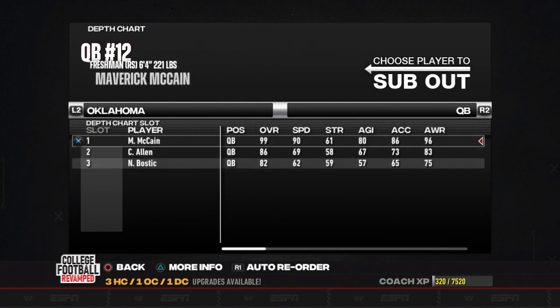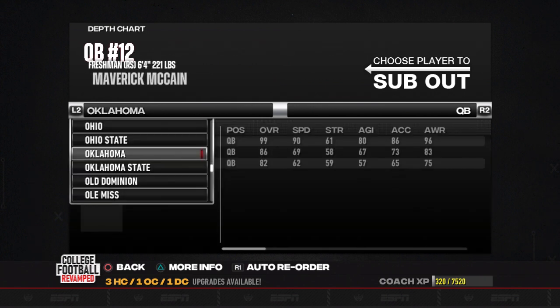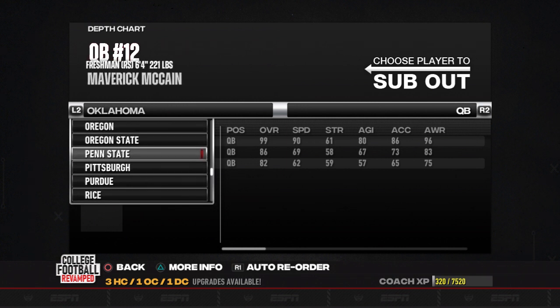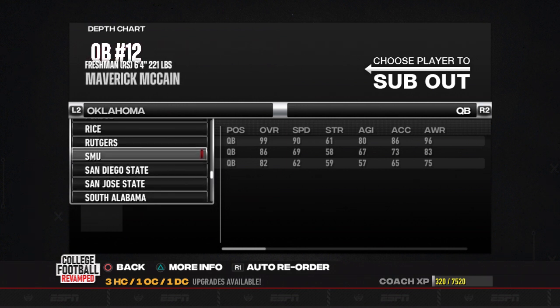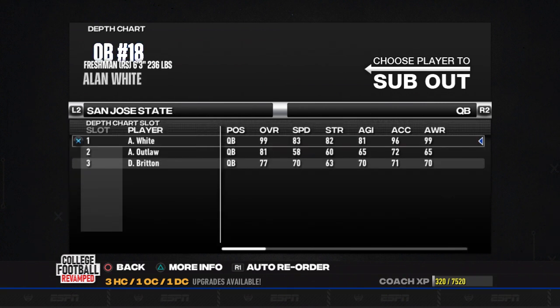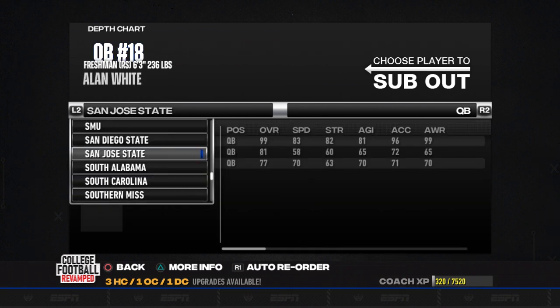The next one is Maverick McCain, redshirt freshman at Oklahoma. San Jose State has Allen White, freshman redshirt, starting at quarterback.